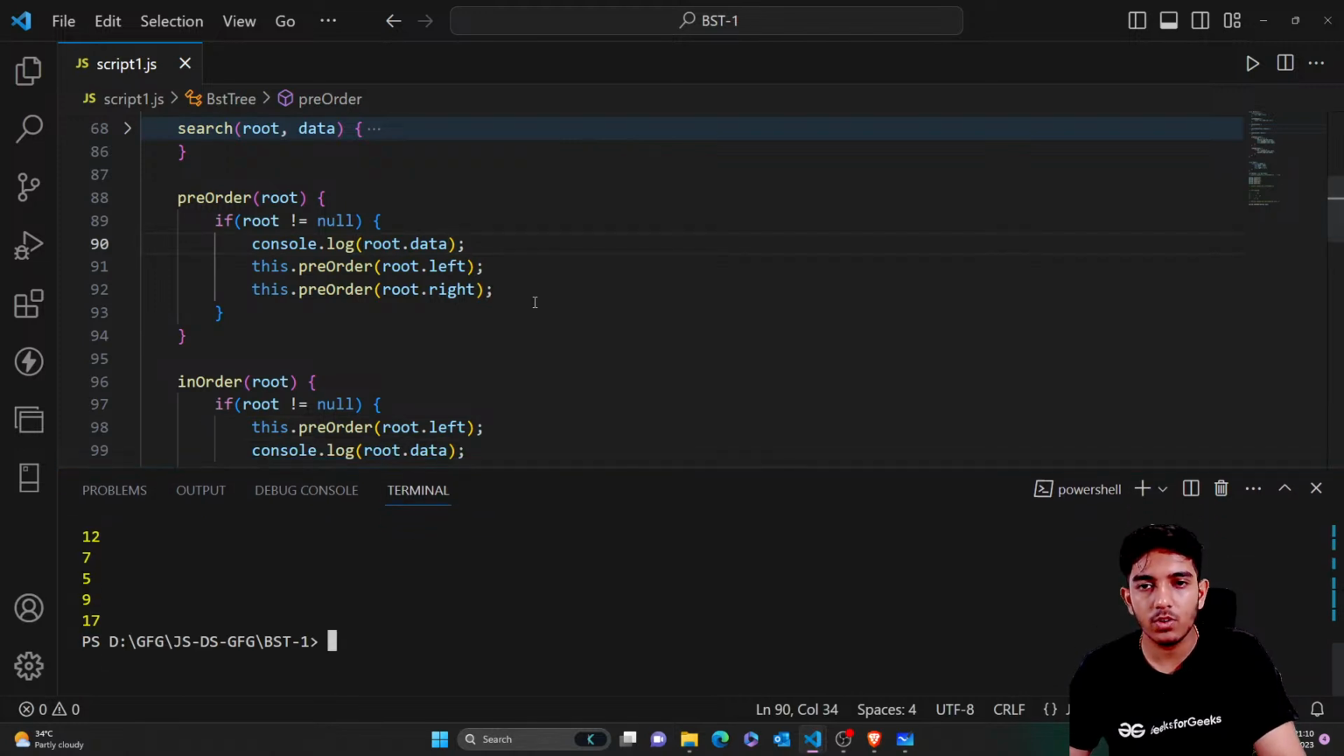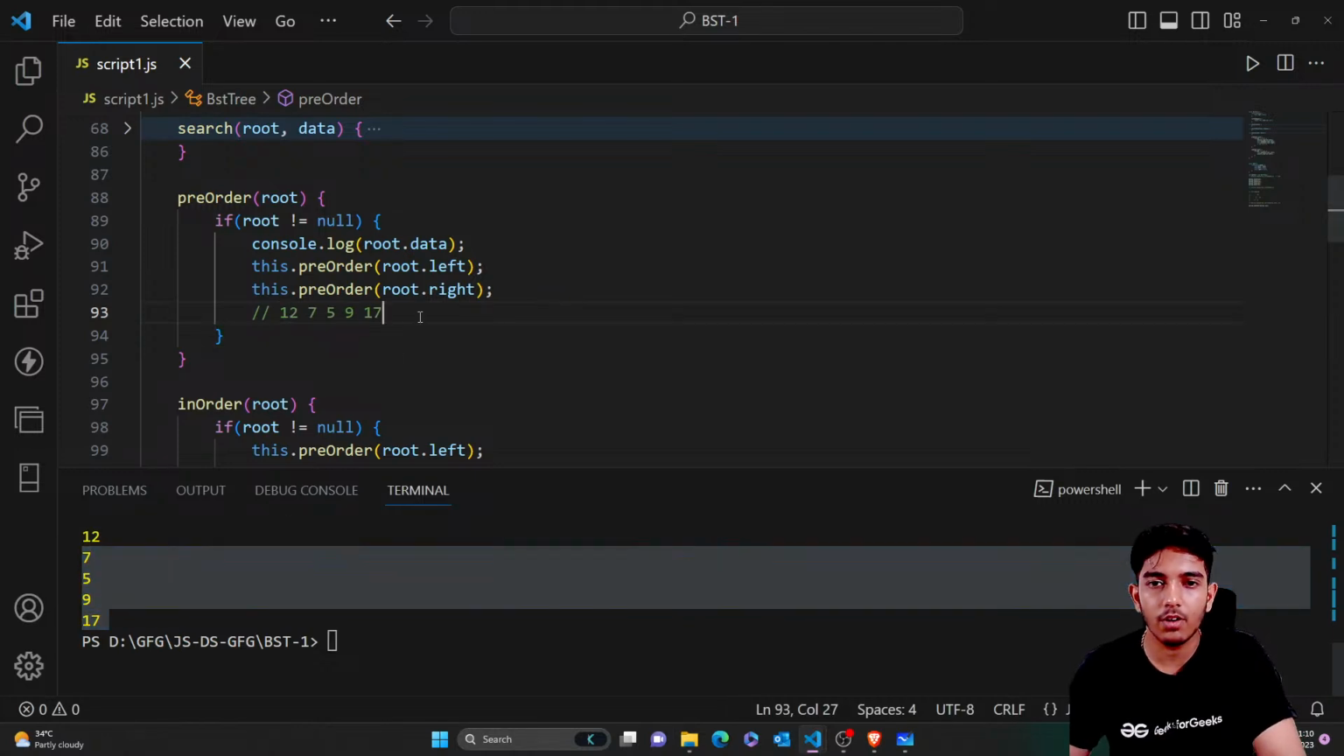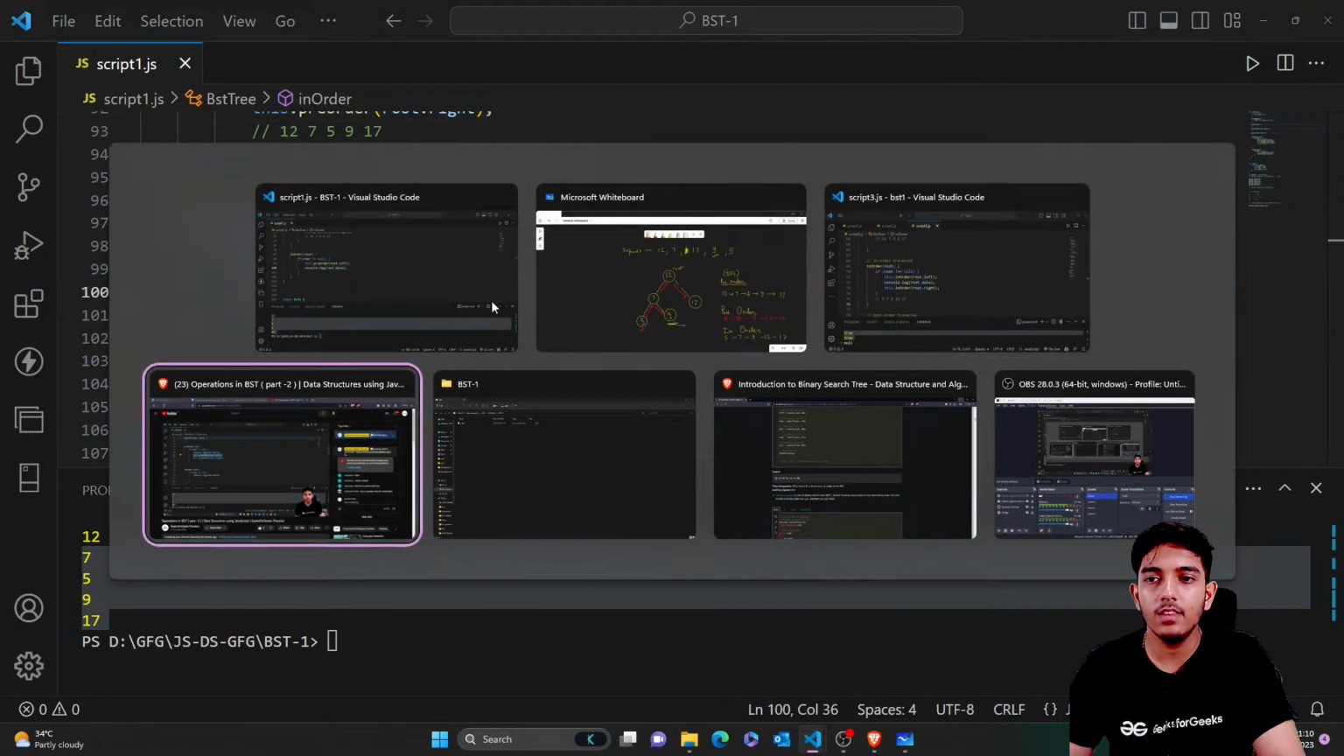So let's explore this, and here what I'll do is I'll simply print my output like this. I'll just write my output so that you get a better idea. 12 7 5 9 17. Okay, it works like that. Okay, fine. In the right side, what must happen is, in the in order